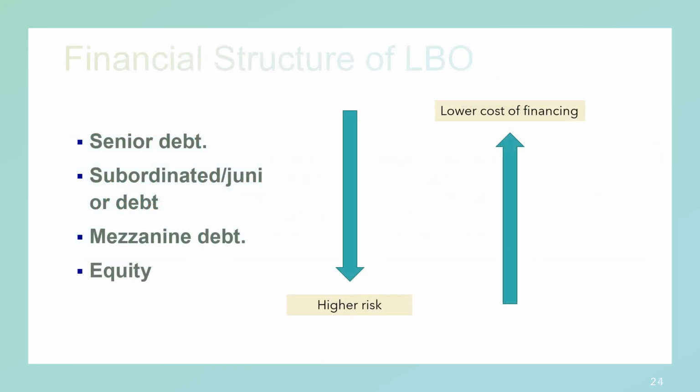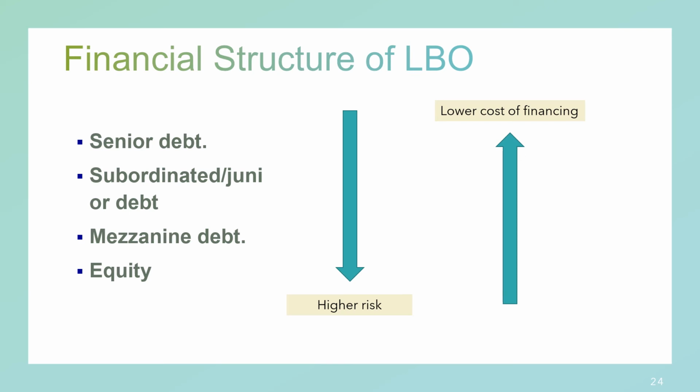In a leverage buyout transaction, the majority of a company's capitalization is debt financed. There are a number of types of financing which can be used in a leveraged buyout. Senior debt is ranked ahead of all other debts and equity capital. Senior debt is usually secured on specific assets. It has the lowest cost of debt.